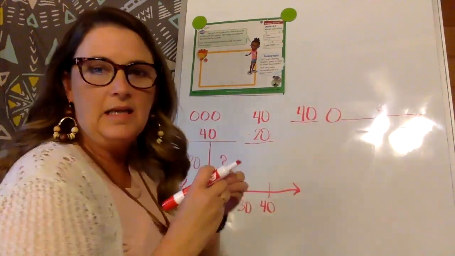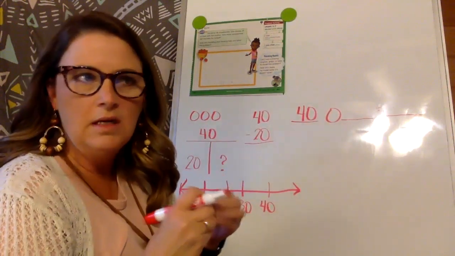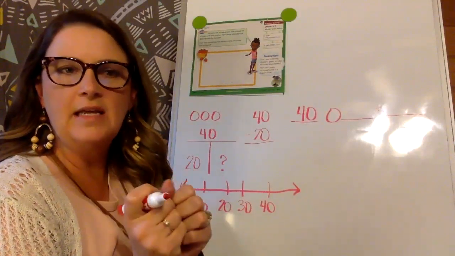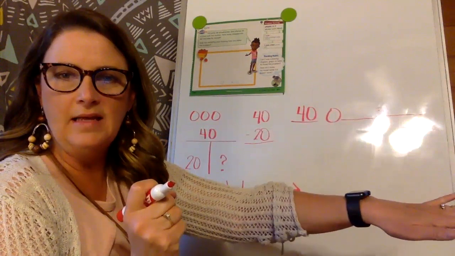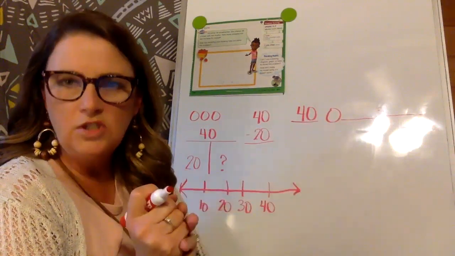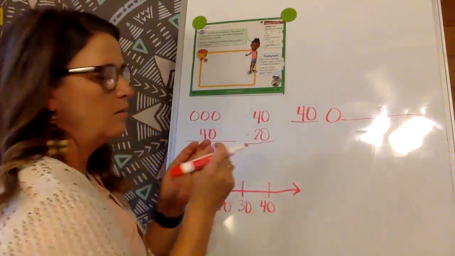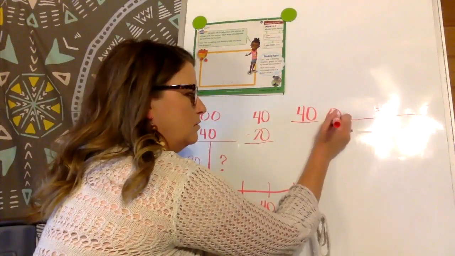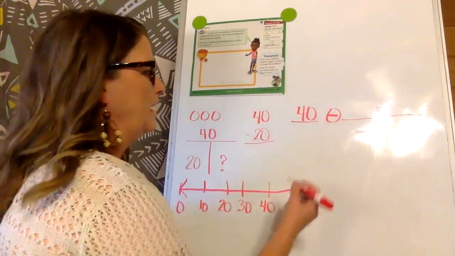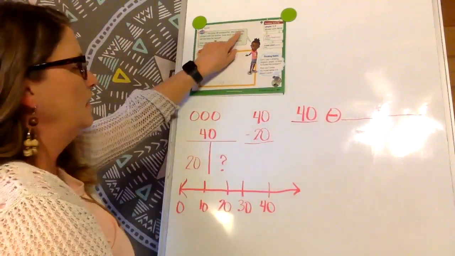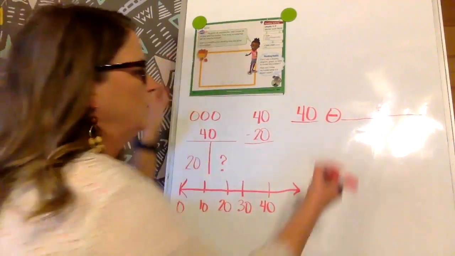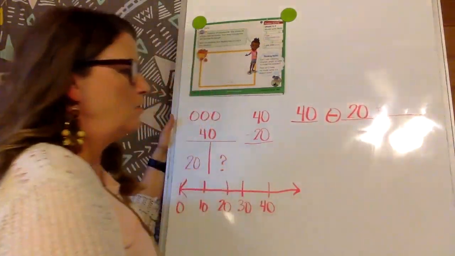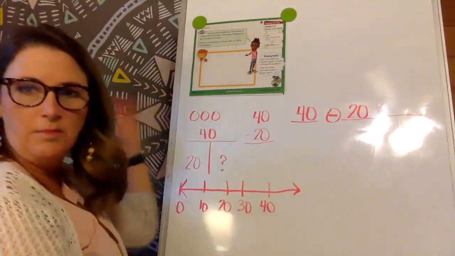If she gives some to her brother, is she putting more with the 40 that she picked, or is she taking some of that 40 away and giving it to her brother? If you said she's taking it away, you're correct. So if we're taking away some, we need to put a subtraction symbol in our circle there. Okay, so 40 minus, and we can look back here and see that she shares 20 with her brother. So 40 minus 20 equals,